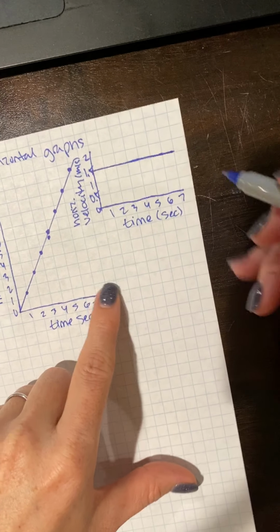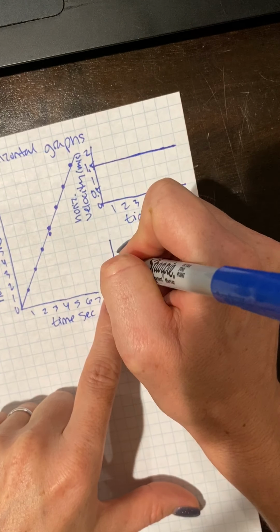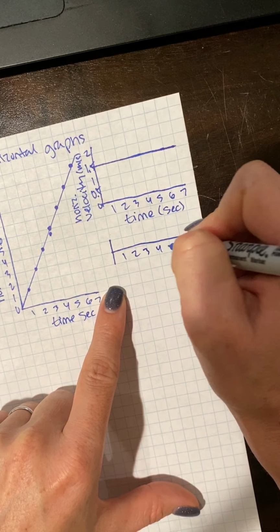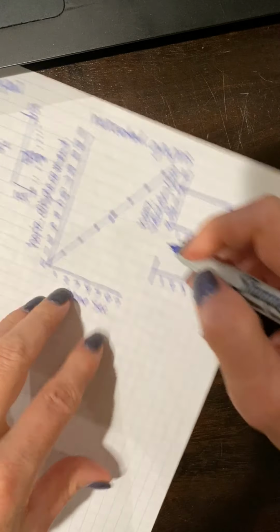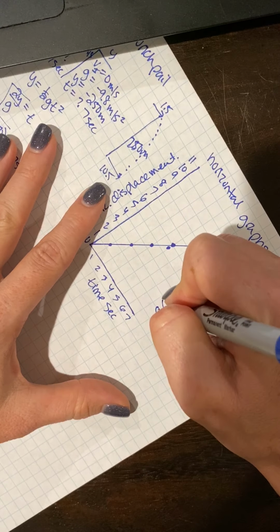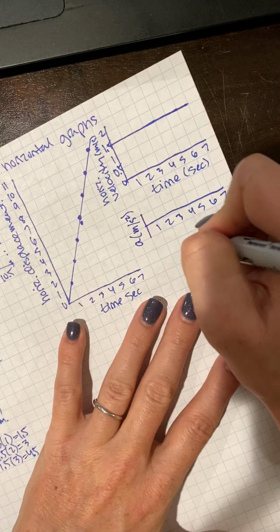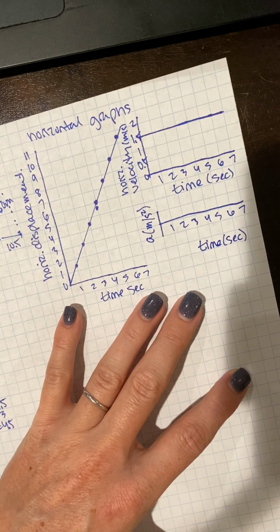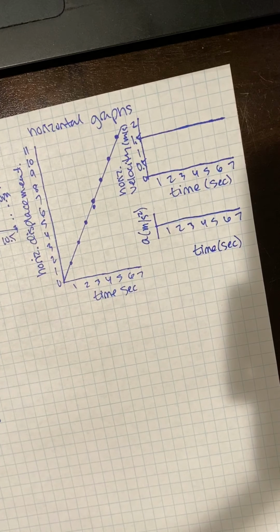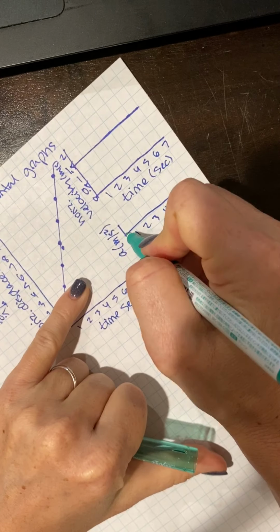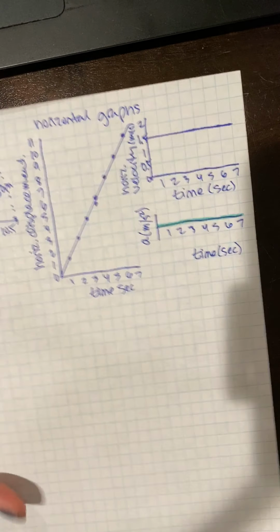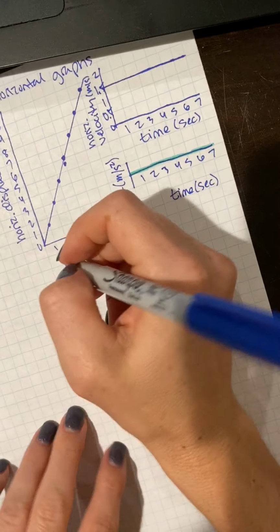All right, and then my acceleration time graph, since there's no acceleration in the horizontal, 3, 4, 5, 6, 7. Acceleration is in meters per second squared. Time is in seconds. It's 0. It's 0. So let me get a different color so you can see what that line would be. Right at the 0, because there's no acceleration there. For my displacement graph, and these we'll do vertical,